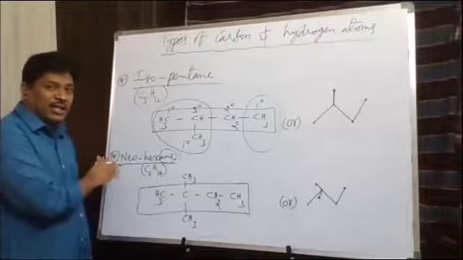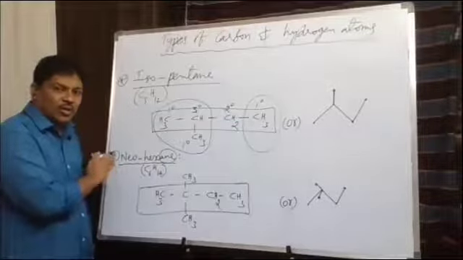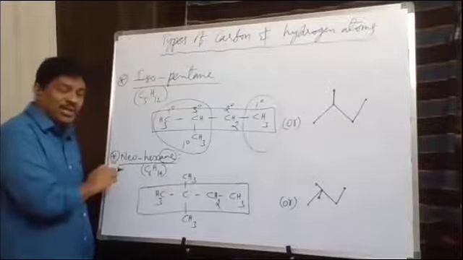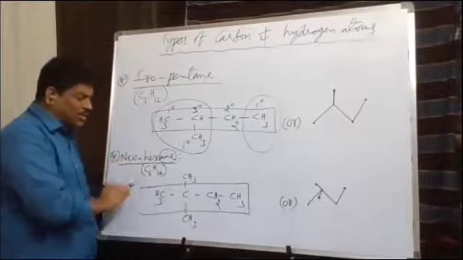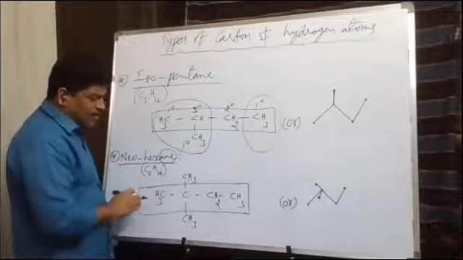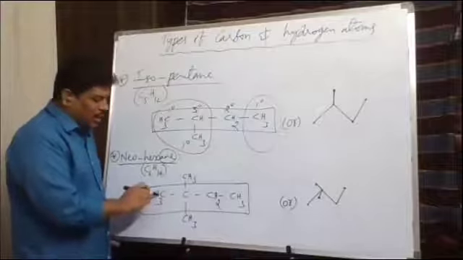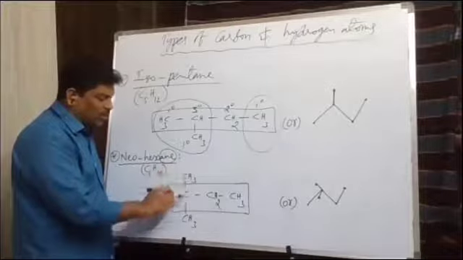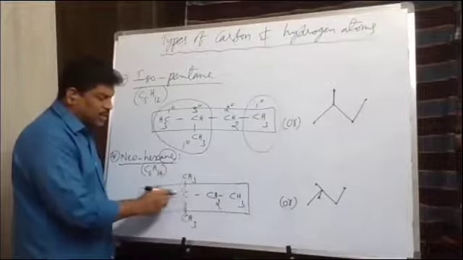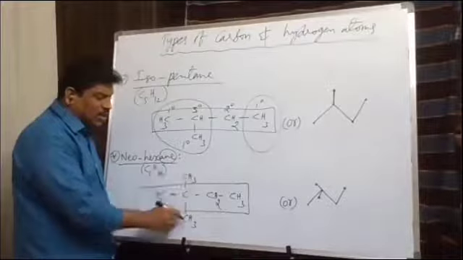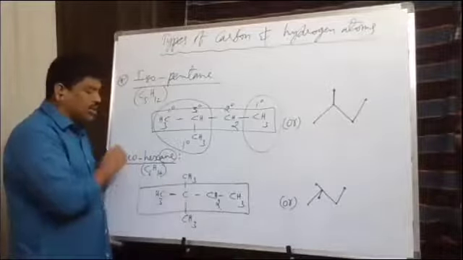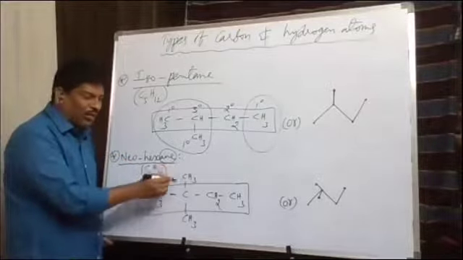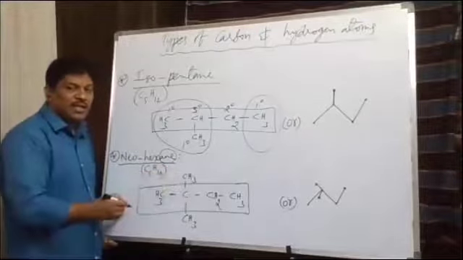And here the n-hexane is not given. It is neither n-hexane nor isohexane. What is this given here? Neohexane. So in this neohexane structure, if you observe, see the last carbon, and the last but one, that is second last. The last but one carbon has how many methyl branches on it? 2 methyl branches. If there are 2 methyl branches on the last but one carbon, we use the word neo. Neo indicates what here? The presence of 2 methyl branches on the last but one carbon, on the second last carbon.